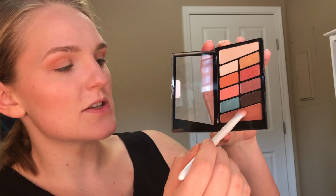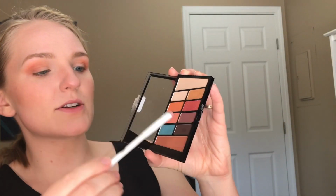I'm going to take this transition shade on the bottom, and bring that only on the bottom of my outer V, working in little circles towards the center so it floofs in that direction. I think I'm going to line it with this dark chocolate brown shade right here. This is their small eyeshadow brush or smudger brush or whatever they call it. I'm just going to touch it to my lashes and maybe drag it out just a smidge,